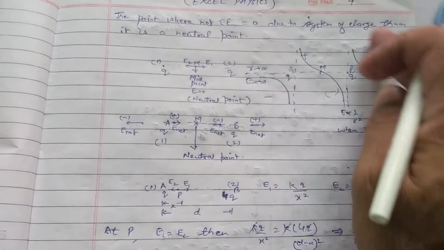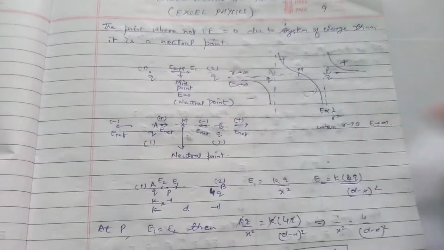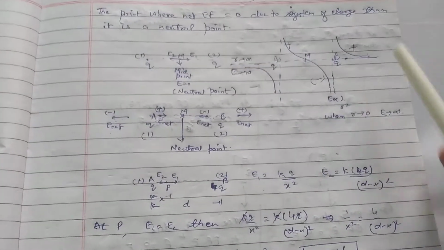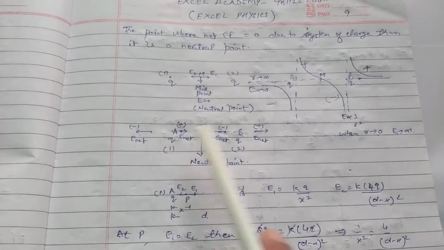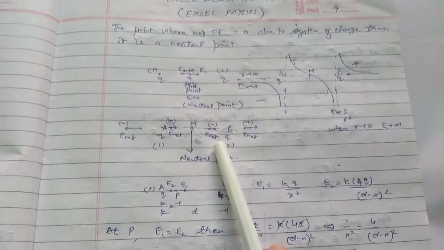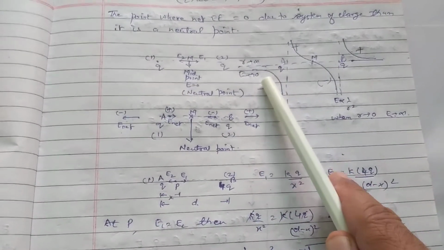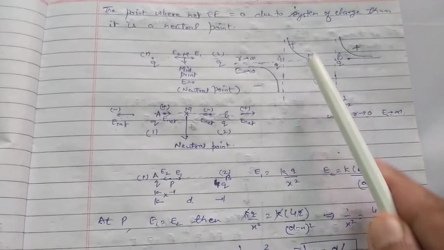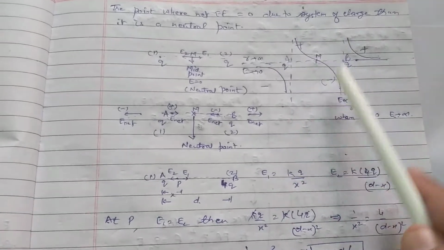So this is the graph which can be asked at the entrance level, but you must know how we are getting it. If I take minus Q, the thing gets changed. I find this graph will be here and this graph will be here, so they get interchanged. You can do that yourself.